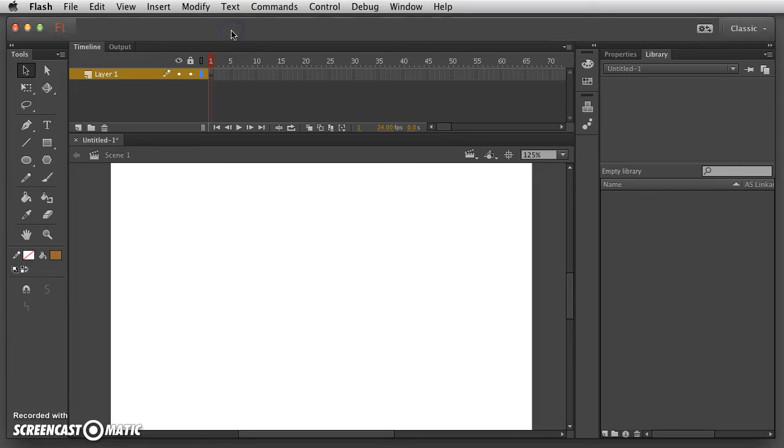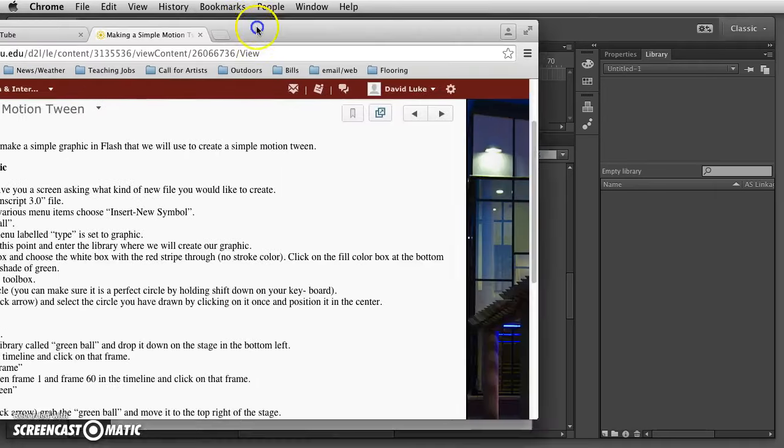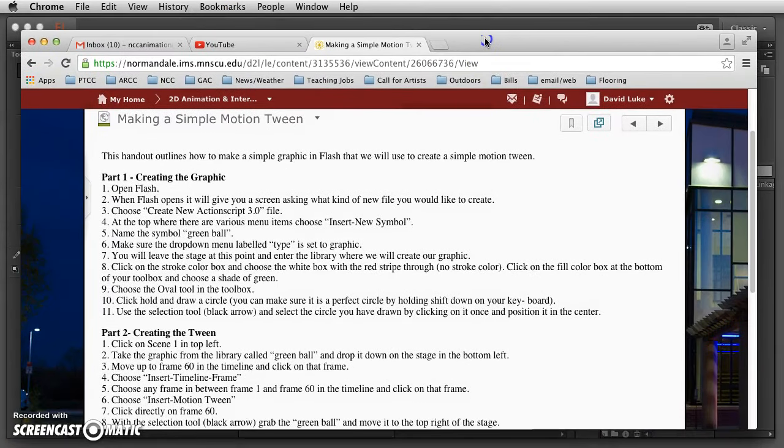Okay, this should be the first exercise video you're doing. I believe it's called Making a Simple Motion Tween. Just so you know, I am following these same step-by-step instructions, not because I don't know how to do it, but rather when I reference a number, when it says, number 5, name that symbol green ball,